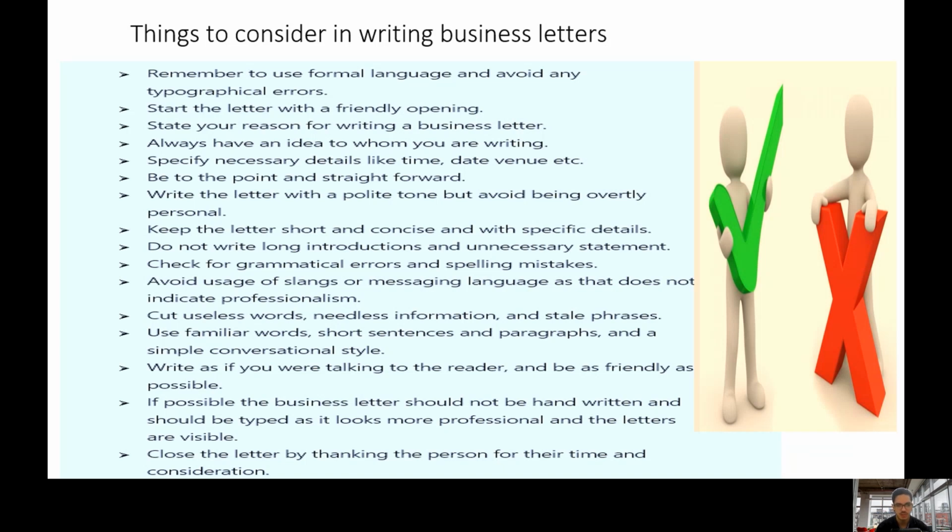This comes off without saying, but if your letter is a great letter but has grammatical errors and spelling mistakes, then you come off looking goofy. People don't take you seriously. And most of all, again, you don't maintain that professional and formal look that we always strive for in a business setting. So, again, after you write your letter or even during, make sure that it's free of grammatical errors